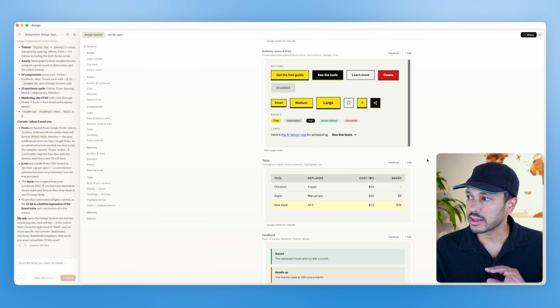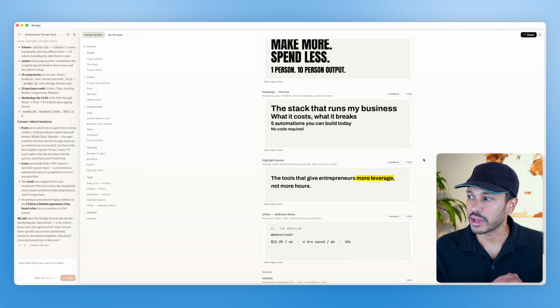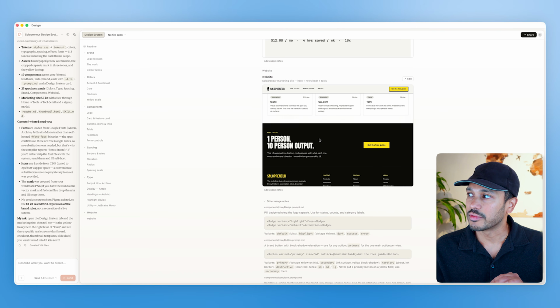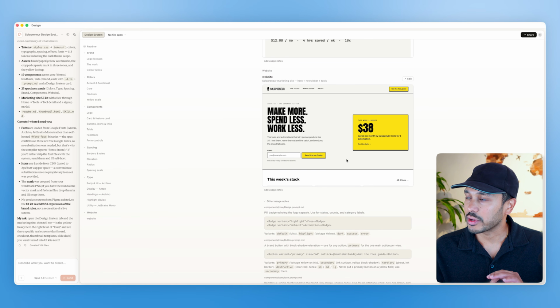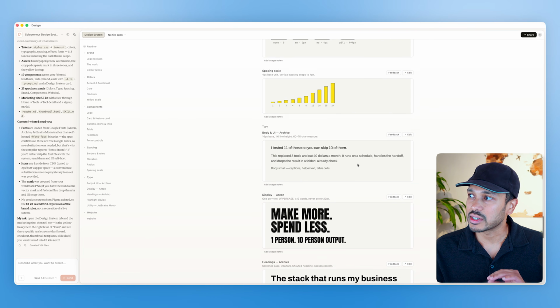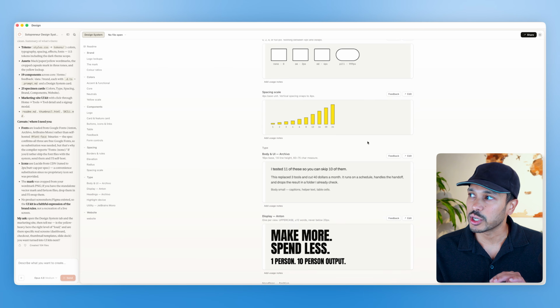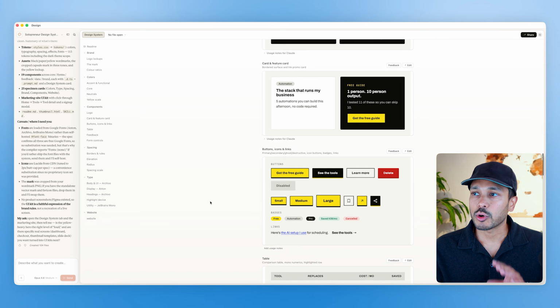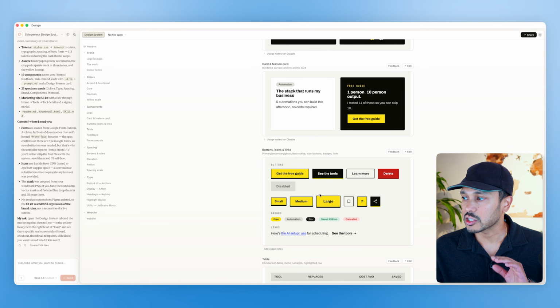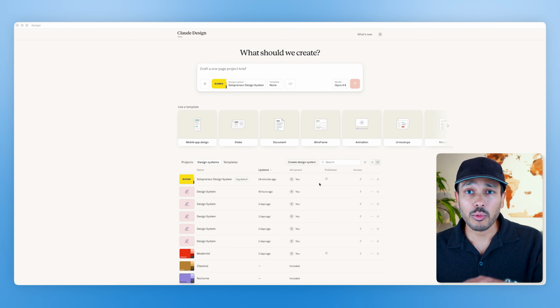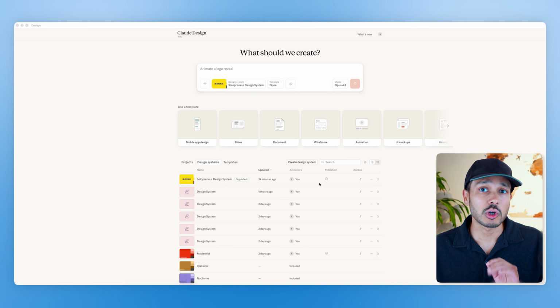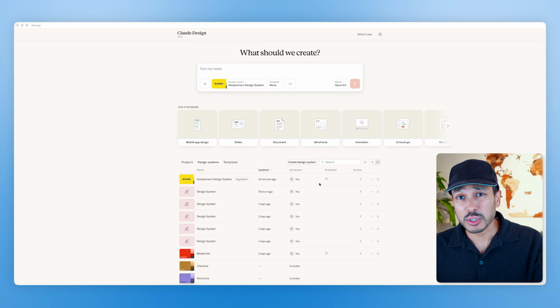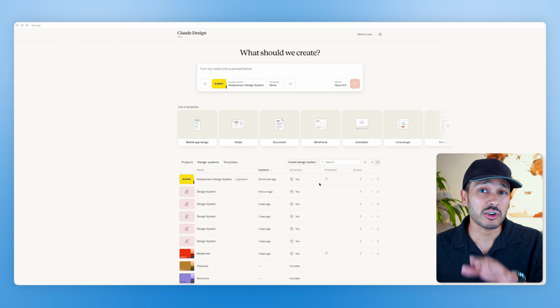And this looks like a professional design firm created it, and you can see mock-ups of the kinds of assets that you can create. It really has a lot of examples, and this is what it's going to leverage to create really professional designs for you, as I said. And now you can tweak anything if you want. You can give it more instructions and tweak it, but to me this looks pretty damn good. So we only need to do that once, and now anything we create is always going to be on brand and professional. So I'm going to give you a number of options and show you how fast you can create